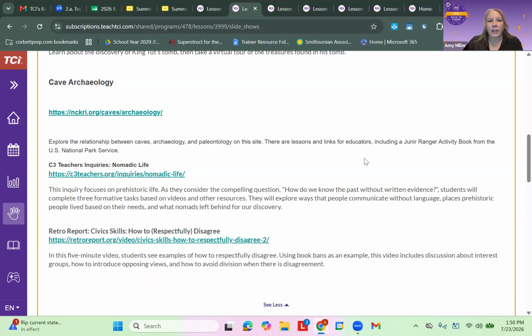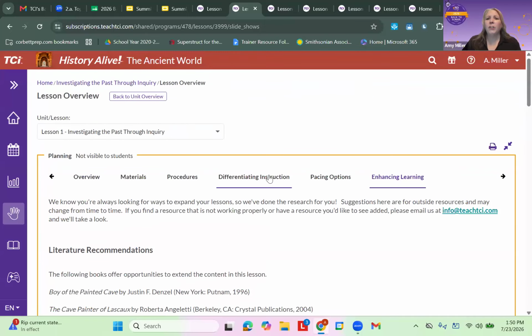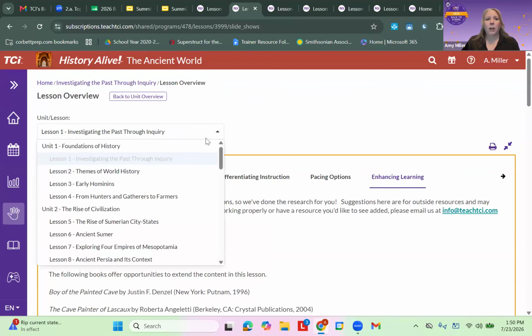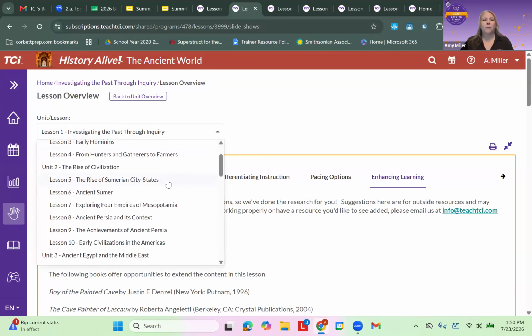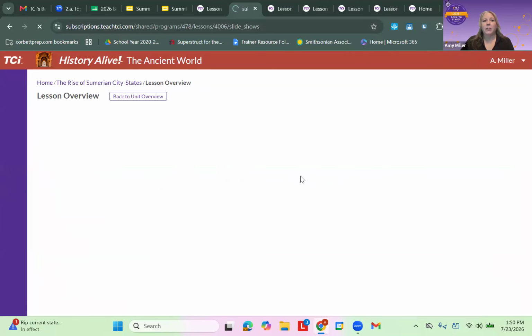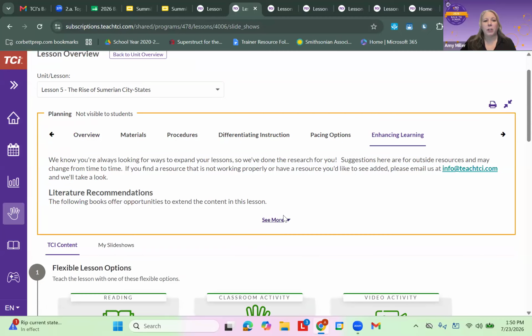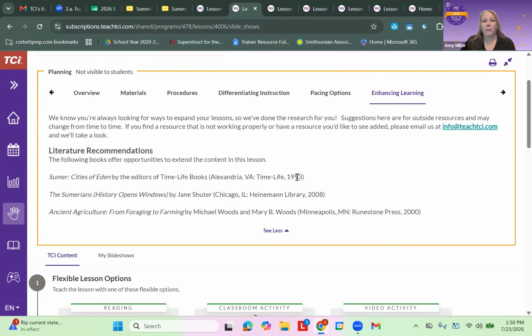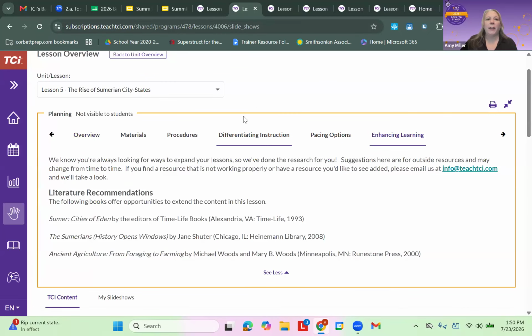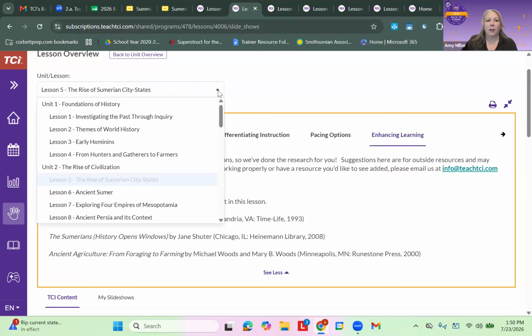Also, within the enhancing learning, you'll see that there are some teacher inquiry lessons from C3 teachers in here, which are also valuable for us in our classroom. In ancient Sumer, I'm going to take one step back to the rise of Sumerian city-states and go into a couple of the literature recommendations that are in there. But then in ancient Sumer itself,